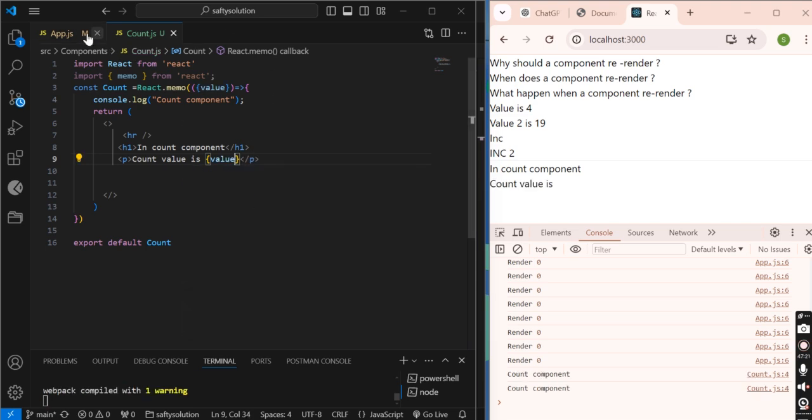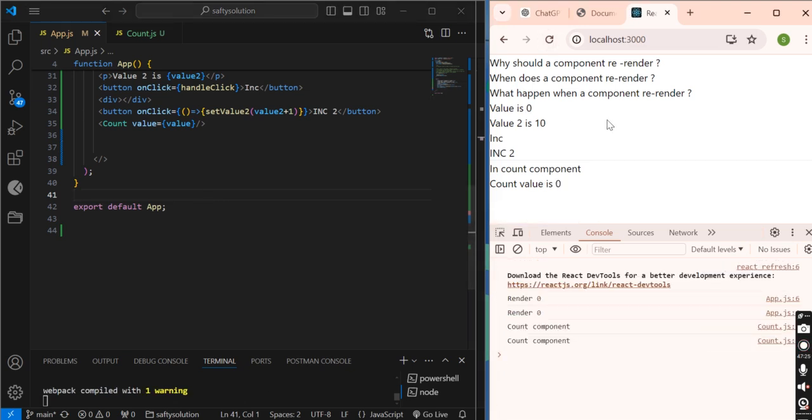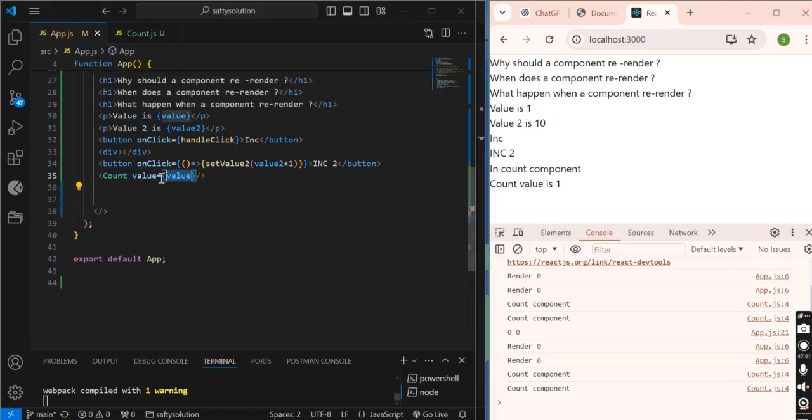Let me save it. See, now when I am clicking, both components are re-rendering, the parent one and the child one as well. Why? Because here I have passed the value. When I am clicking INC, the value is changing. That's why the parent component and the child component are both changing.